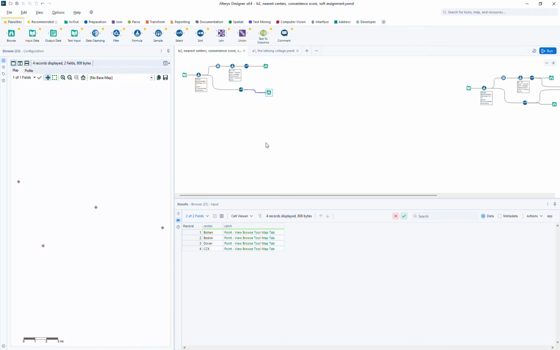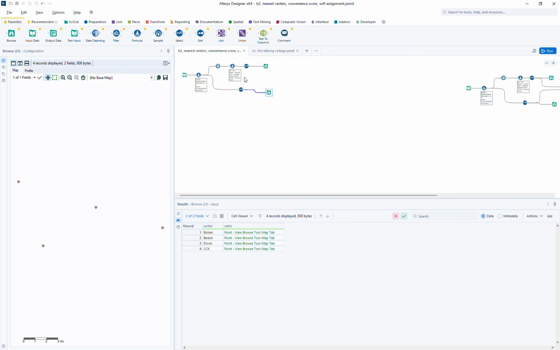Okay, so the question is that last time we actually used the catchment method in order to match the customer to the centers. But do we have another way to do it, or are there other options? So actually, in this video, I will show you how to do it in the second method called the sub-link or the sub-assignment. So instead of assuming that